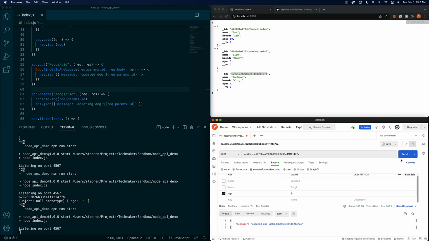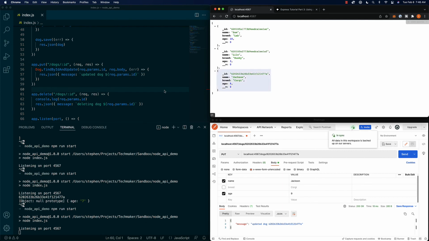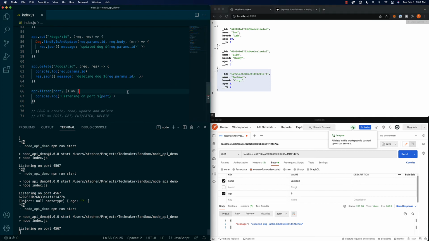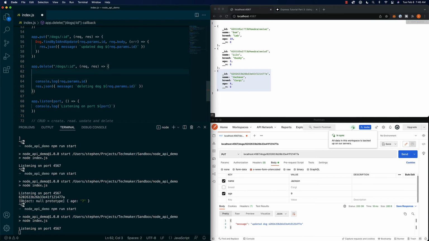Click send. And you get this message back, updated dog. That doesn't necessarily mean success. Let's refresh up here, and you can see that the age is 9. Awesome. So that means our update is working. And the last thing we need to hook up is delete. So let's come over here and let's look at that method